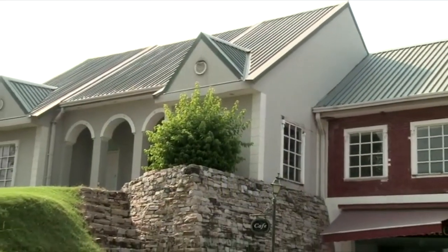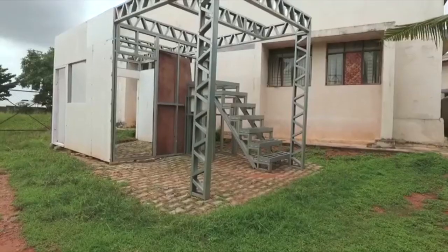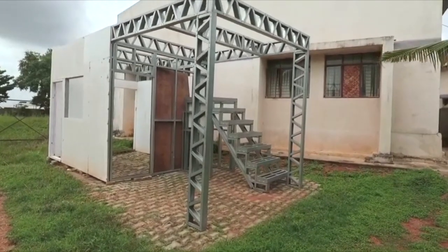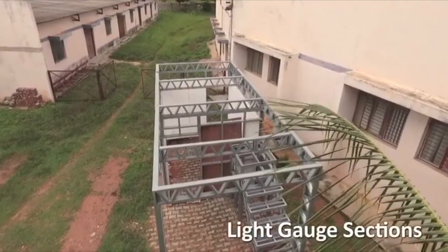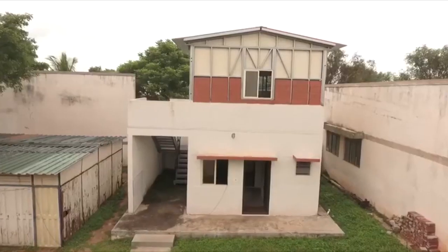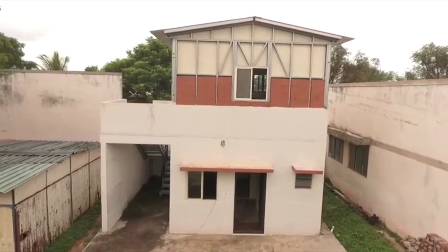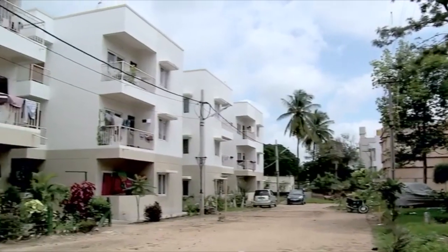What you see is a house made of light gauge steel structure, LGS. The LGS system makes structures made of cold formed steel sections, also known as light gauge sections or cold rolled steel sections. LGS is one of the technologies which has very high potential for low-rise buildings up to G+3 storey height